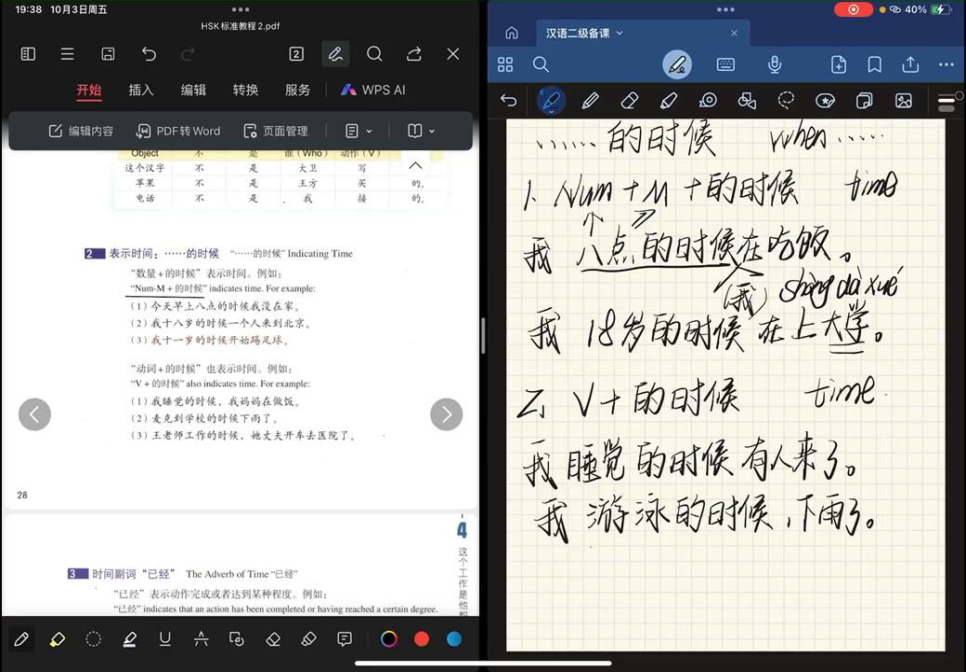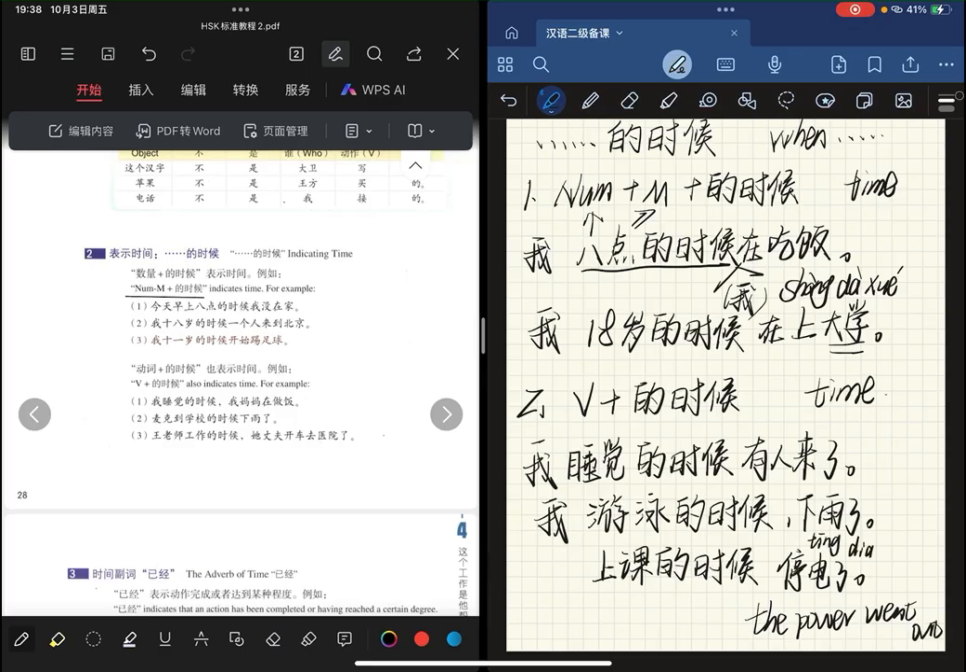Okay, the last one. When we were having class, 上课. 上课的时候, something happened: the power went out. 停电了 means the power went out. 上课的时候停电了。